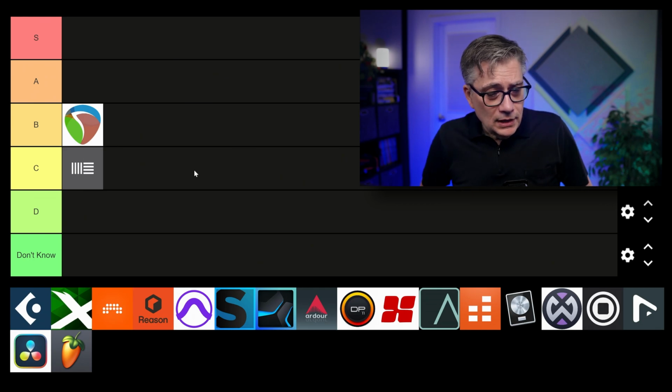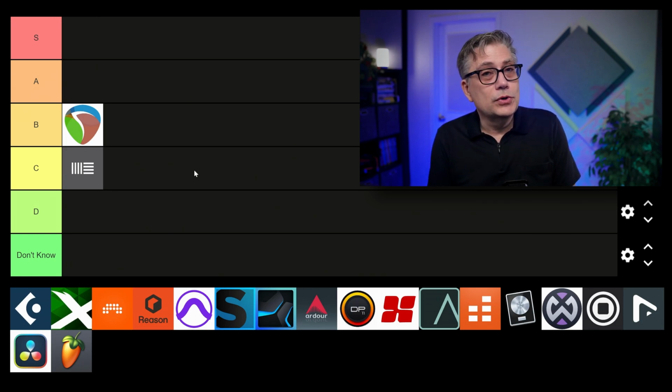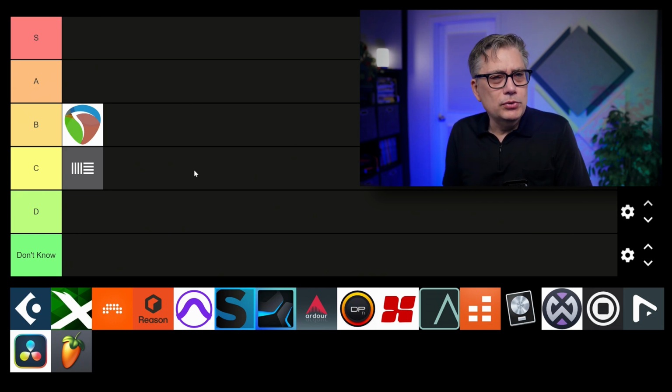Now the next one is Cubase, and Cubase was one of the first digital audio workstations that had an integrated Dolby Atmos workflow, and to this day is one of the best choices that you have when you're working with Dolby Atmos. It is reasonably inexpensive. It has all the things that you need. If you want to work with the Fiedler Audio Dolby Atmos Composer, you can also use the post-fader inserts in Cubase, which is really cool. So it is actually a very solid choice.